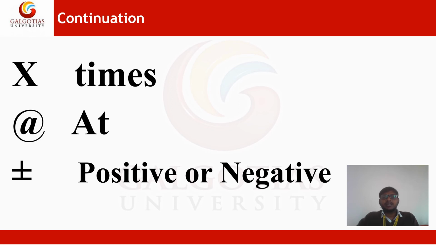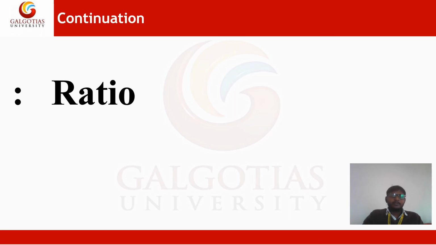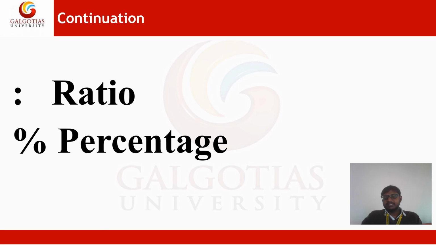Mostly this happens in card tests, like dengue, typhoid, HIV, HBsAg. At that time you have to give the positive or negative report, or you can suggest higher studies. For example, for the HIV rapid test, if it is positive or negative, you have to finalize it by the Western blot technique. Right. Now you can see 2 dots, that is the indication of ratio. And next, percentage, you know very well, 0 by 0, that is the indication of percentage.